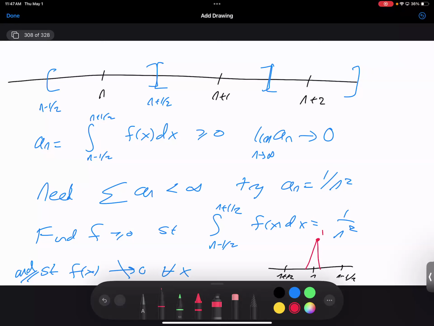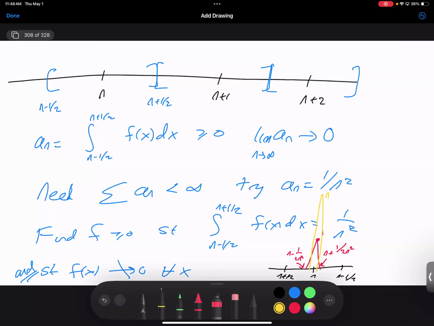Well, we want to get 1 over n squared, right? 2 over n squared. So we would go to n plus 1 over 2n squared over here, and then n minus 1 over 2n squared over here. And then if I look at that, the area of that triangle is going to just be 1. If I wanted to, I could be even more drastic. And I could go up to n and have things of size like 1 over n cubed. And it would still give me a 1 over n squared. So I could actually make the function explode if I wanted to.